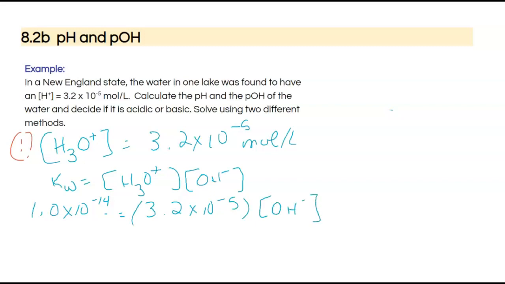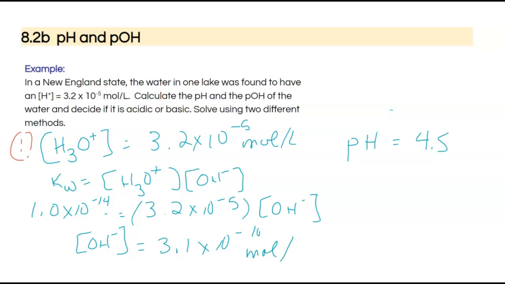I would have found the pH probably directly here in the same way, so my pH is still going to be that 4.5. But getting my hydroxide ion concentration will allow me an alternate route to finding my pOH, aside from using that pH-pOH relationship. So I'm just going to calculate that. 1.0 times 10 to the negative 14 divided by 3.2 times 10 to the negative 5, I'm getting 3.1 times 10 to the negative 10 moles per